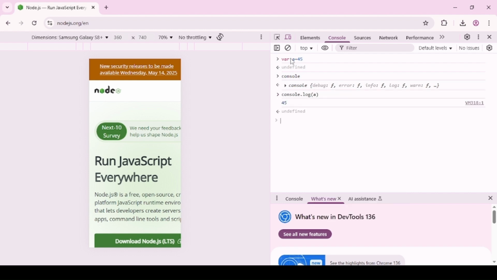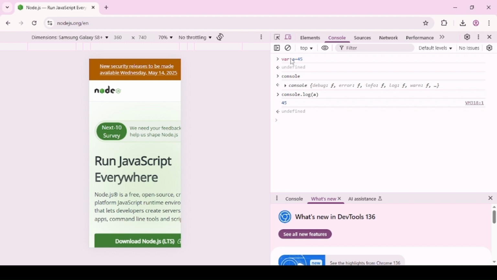Don't you think there is some kind of relation between the two? If I try to relate the console of the browser with the REPL, both of them are used for running code. The only thing is that the browser console runs inside the browser, while the REPL runs on your system, that is the Node.js runtime.